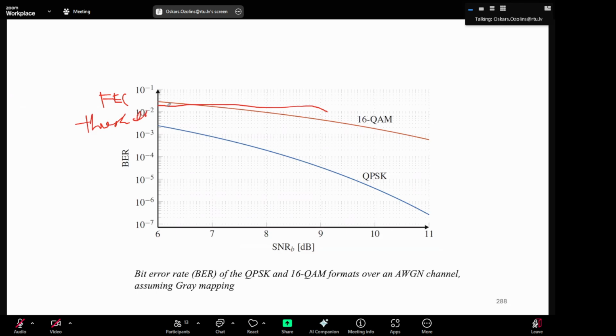So which means that if you get the signal quality below the threshold, you can correct these errors down to, I don't know, 10 minus 12 or 10 minus 9. And that you count as error-free in your communication system. Depends on what is availability